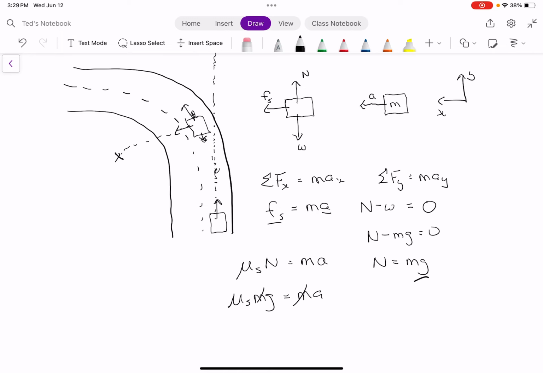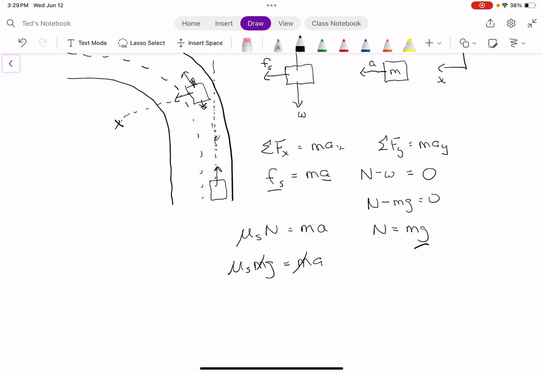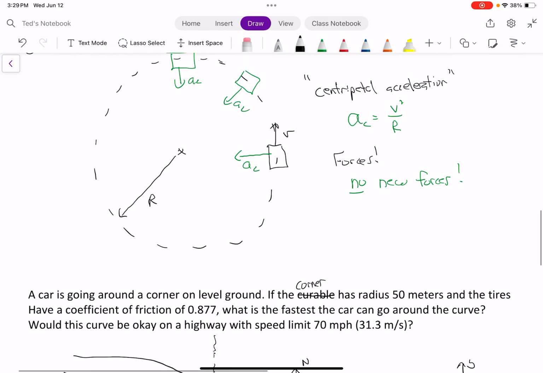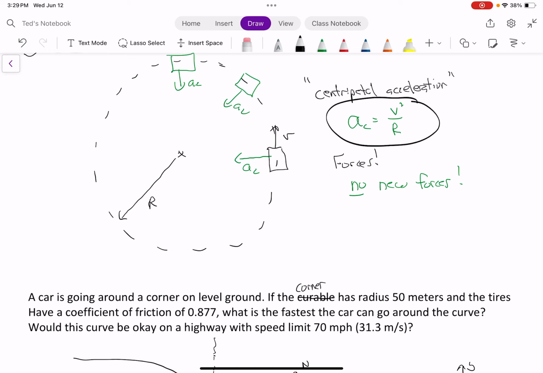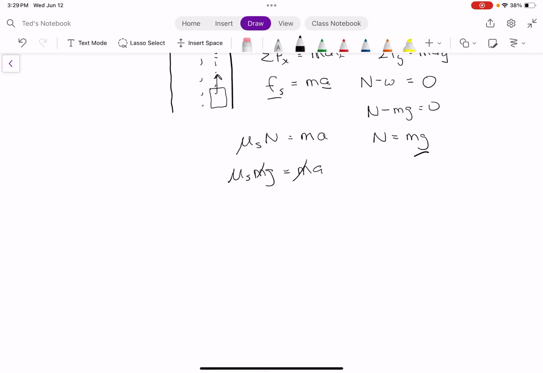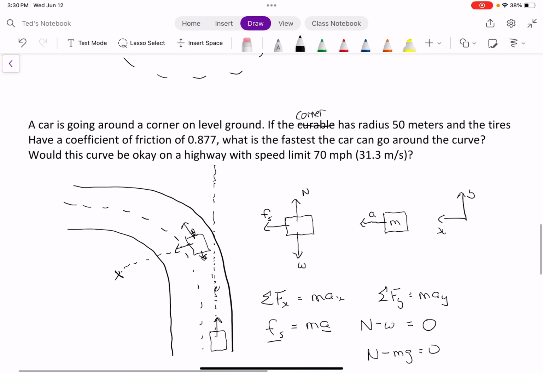The m's cancel. And the last thing we know is that a is equal to v squared over r, because we're moving in a circle, and this is the only really new thing for these problems. When we're moving in a circle, the acceleration is v squared over r. Okay, so mu s g is equal to v squared over r. So v is equal to the square root of mu s r g, which for this problem is equal to